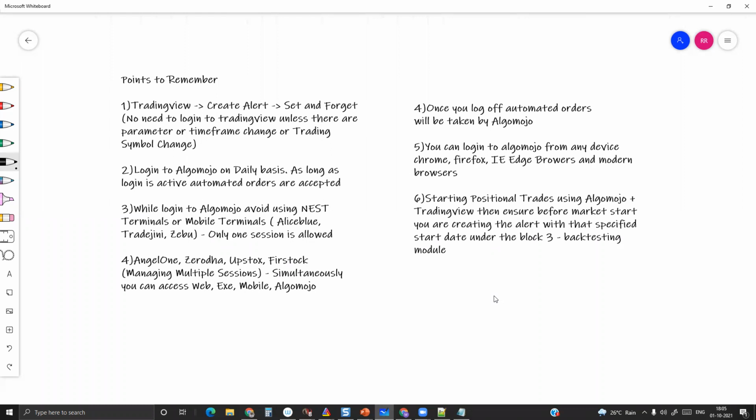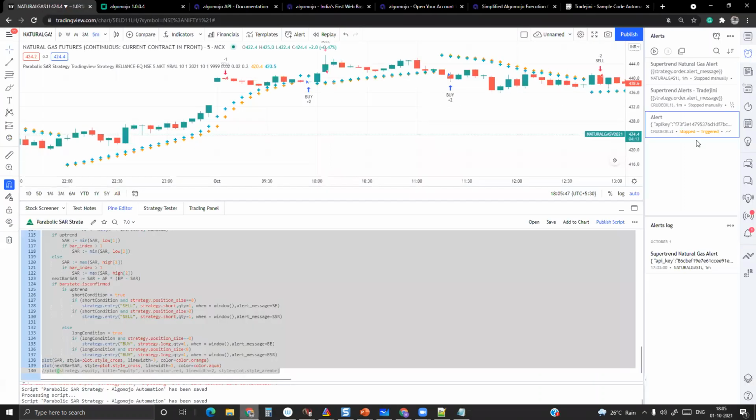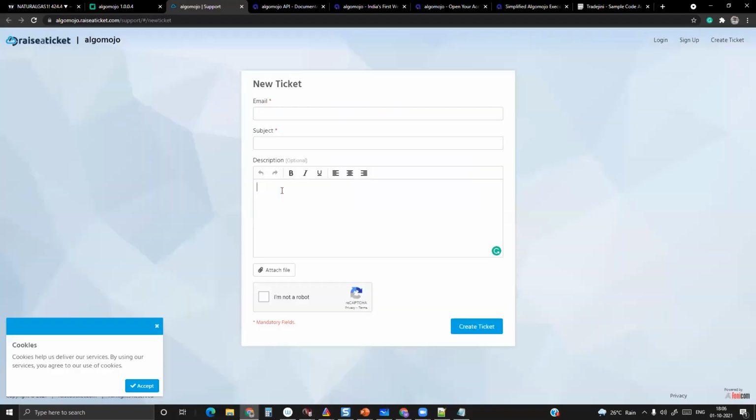If you have any support requirement, you can go to AlgoMojo and raise a support ticket. There is a support ticket facility. You can start creating a ticket, and our team will be looking into that. If you are not able to code your own strategy, you can ask our team to connect, and they will try to look through your code and connect all those 4 blocks. But you have to come up with your own trading strategy. All right.